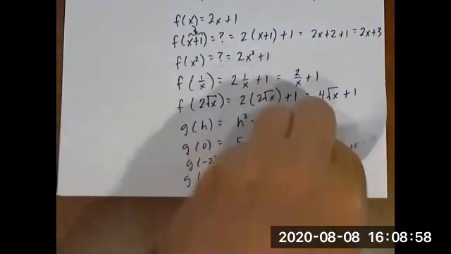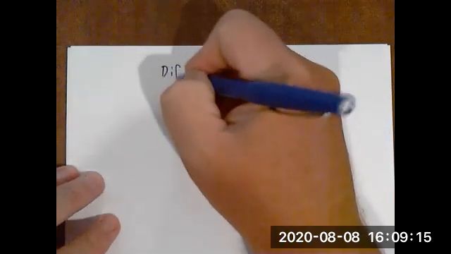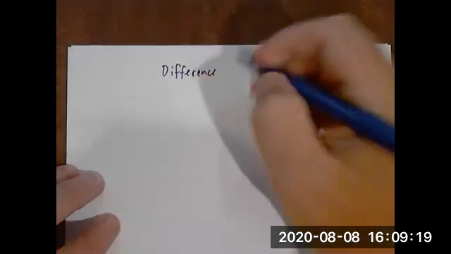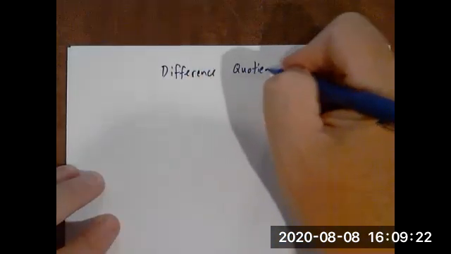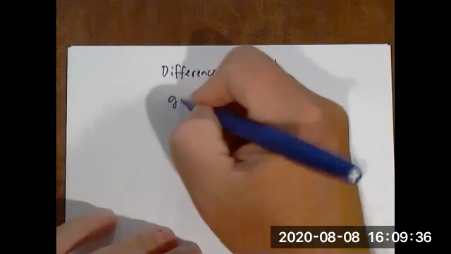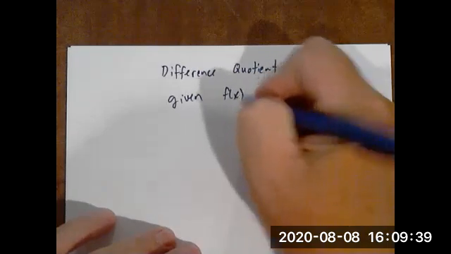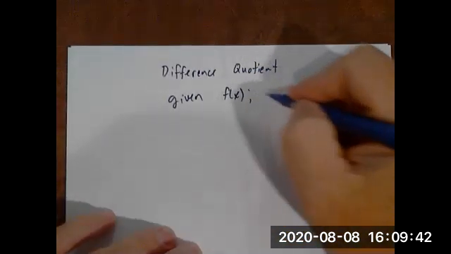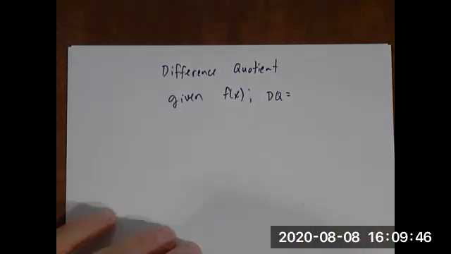Now let me go ahead and give you an actually very famous one because it ends up getting used in calculus. When you first learn calculus, you have this thing called the difference quotient, which is really the whole foundation when you start to learn how to take what we call derivatives. So if we're given a normal typical function f of x, the difference quotient is going to be